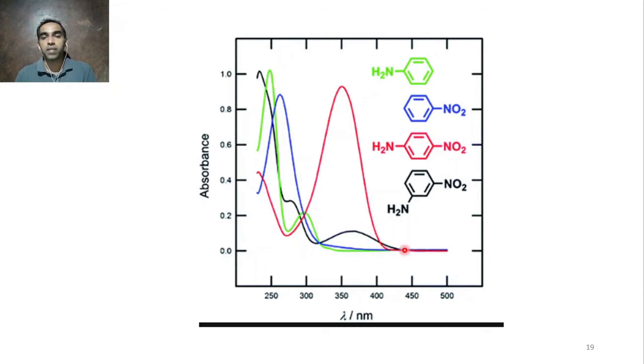So what happens, this one if you see, in the beginning one peak you will get something around here, of course there is a shift, and another peak you will get somewhere here, but the epsilon maximum is lower. Okay, though there is a bathochromic shift, epsilon max is not higher, because of this meta relationship.